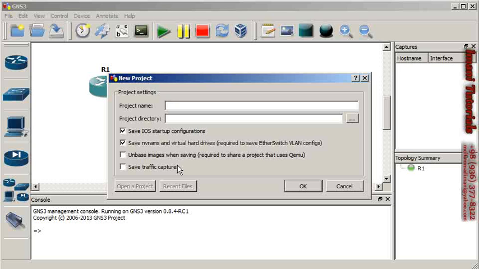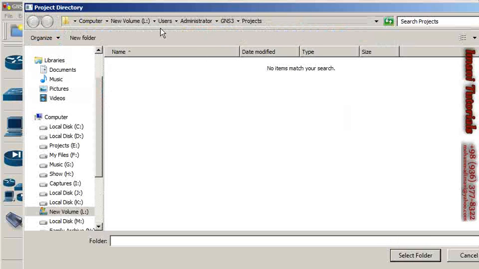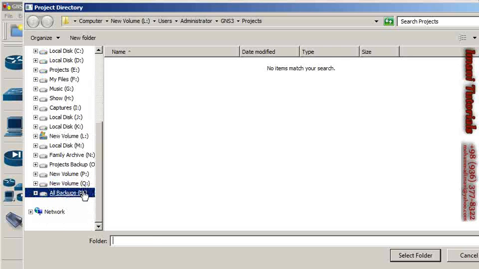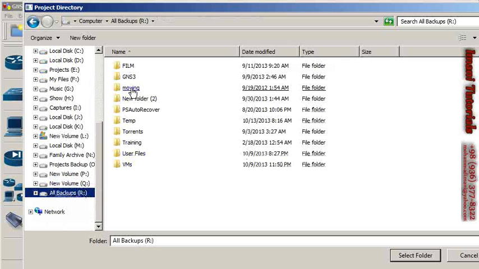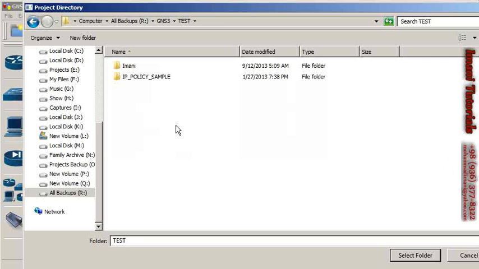And if I want to have, for example, Wireshark captures, I can click on save traffic captures as well. I have to introduce some project folder for this. I guess I will do it here in GNS3, for example, in test, in eMoney, in